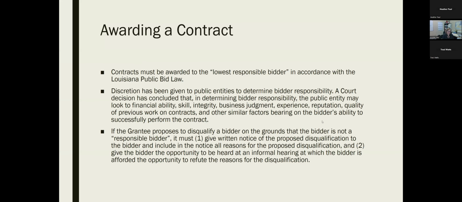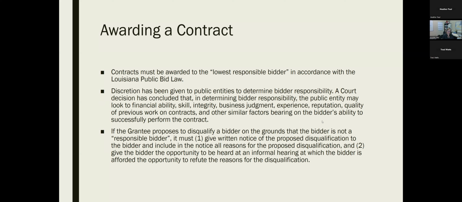Once the bid opening has happened and you're ready to award the contract, like I said, the contract must be awarded to the lowest responsible bidder in accordance with Louisiana public bid law. Discretion is given to public entities to determine bidder responsibility. A court decision has concluded that in determining bidder responsibility, the public entity may look to financial ability, skill, integrity, business judgment, experience, reputation, quality of previous work on contracts, and other similar factors bearing on the bidder's ability to